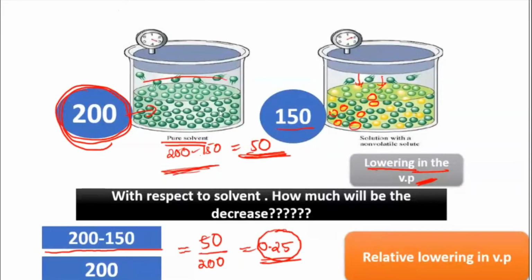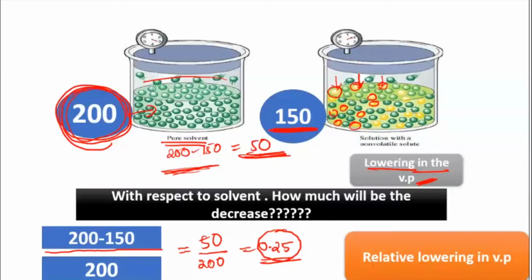Initially we have a solvent. The solvent exerts a pressure, which I am taking as 200. Imagine that the pressure exerted is 200. You added the solute particle. When you add the solute particle, it comes and blocks the way and decreases the surface area, so the number of solvent molecules which can come into the empty space also decreases. So this value we got as 150. It is a random value I have taken, you assume.